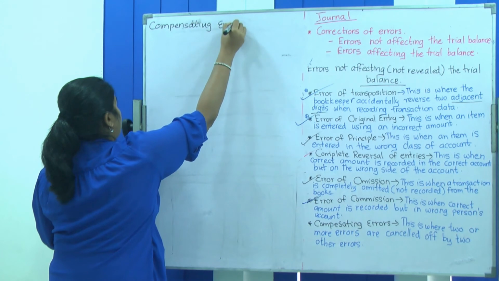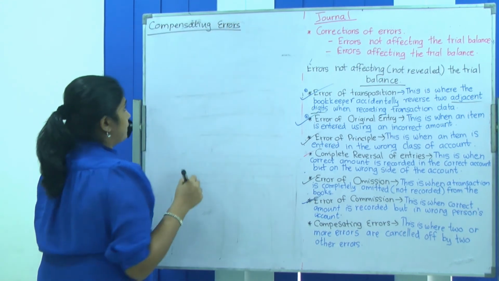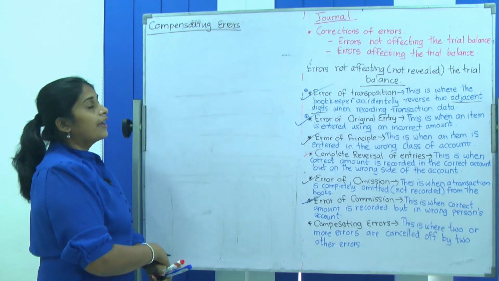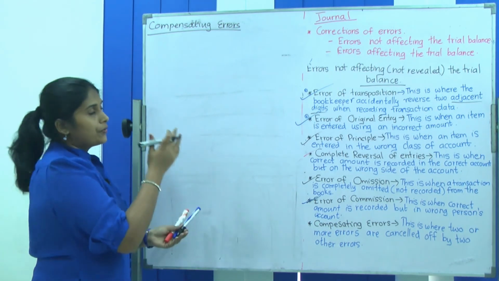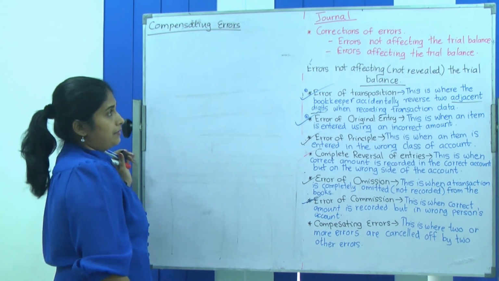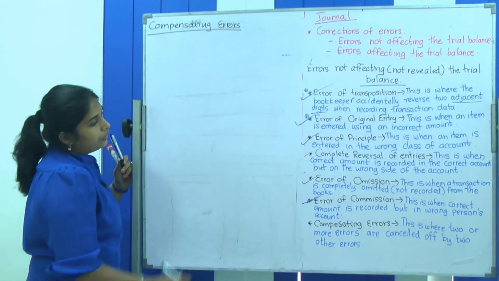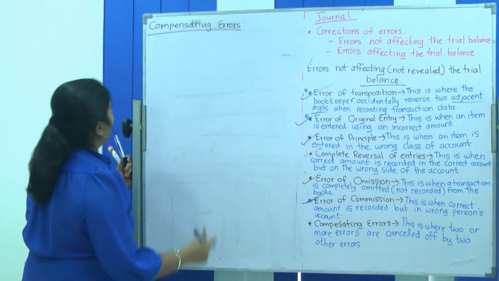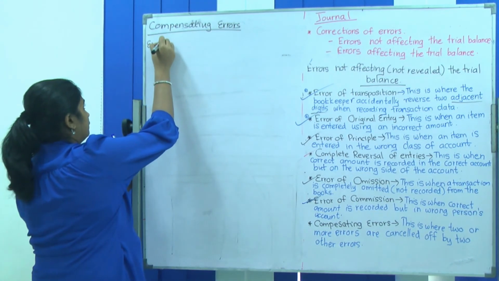That means, for example, in both the purchase day book and the sales day book there is an error. If those two amounts are exact, say 900, the same amount as the error, then you can cancel it off and correct the error. For example,